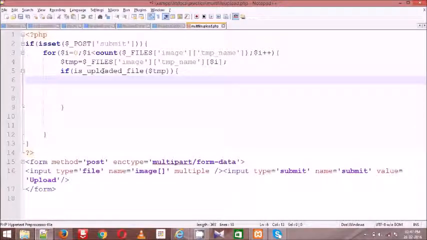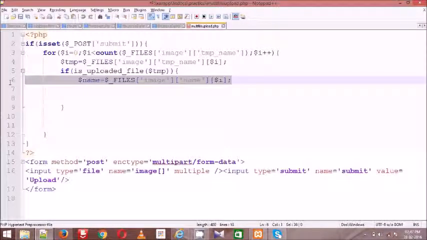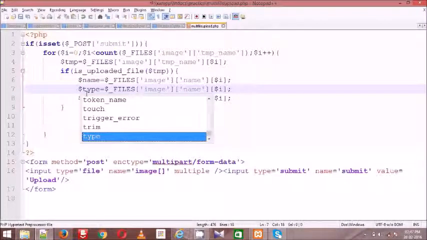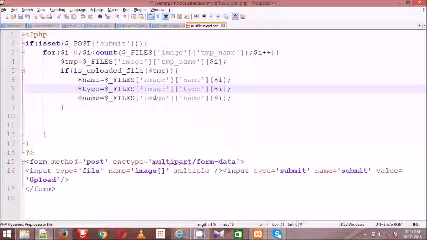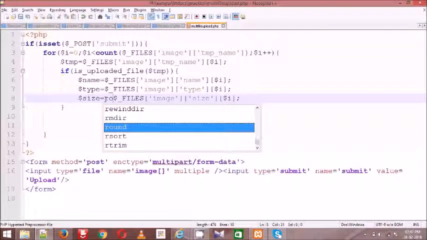So here first get the name of the file again. The name of the file is also the same. So first get the file's name, using the field name name instead of tmp_name. When we are checking for 0, since this is the 0th name and this is the 0 temporary location, but at the same time I want the type of the file also, and then the size of the file also. So here type is this and size is this. Size is always in bytes format. For our convenience we are converting into kilobytes. So here we will convert using the round function.